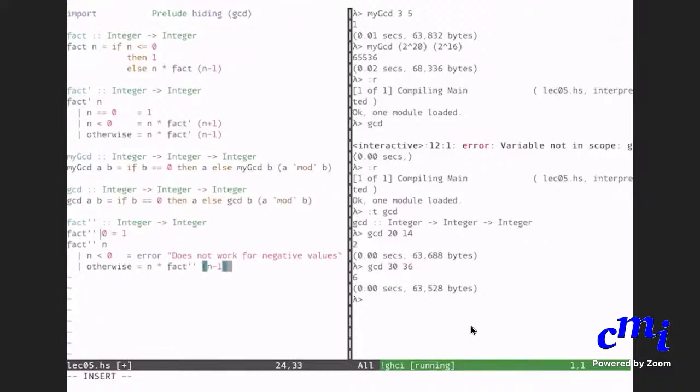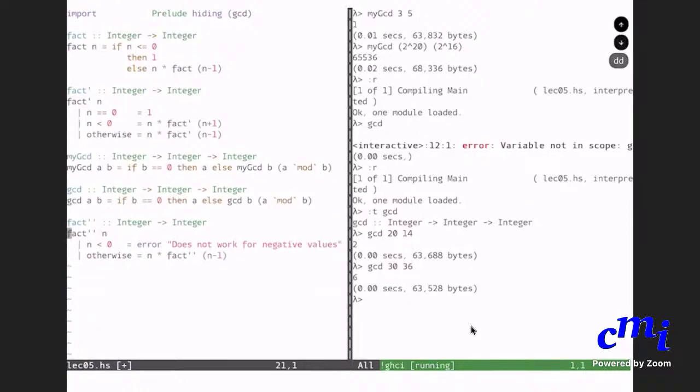Make it a little more systematic rather than this. Okay.